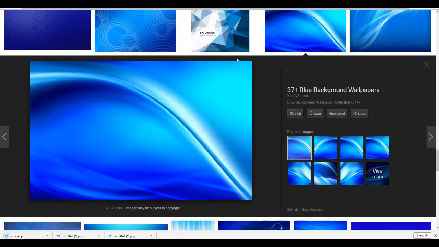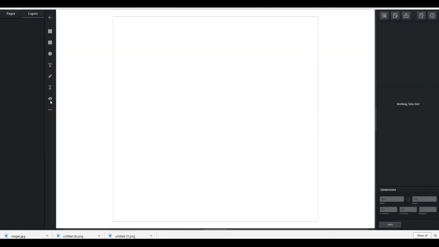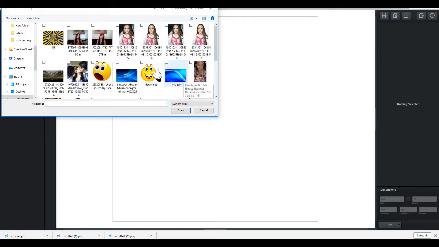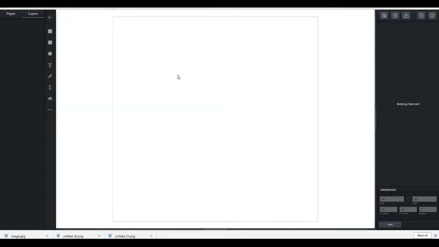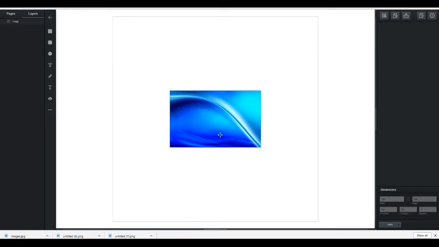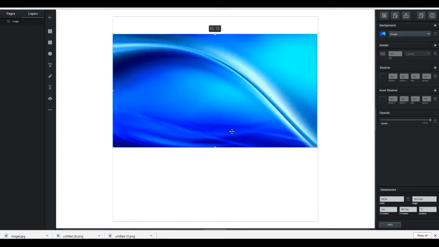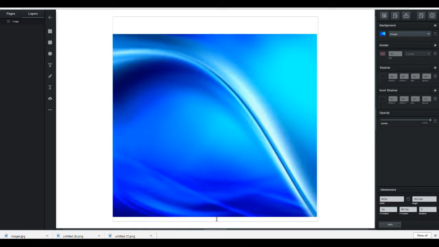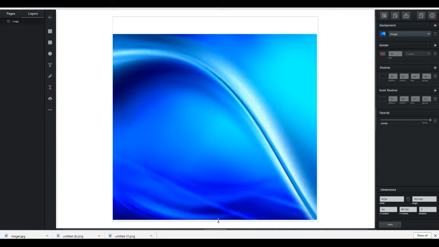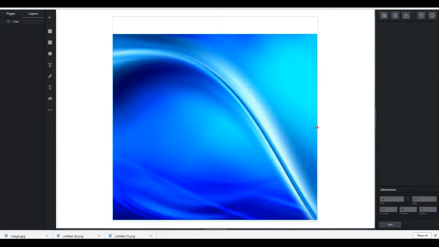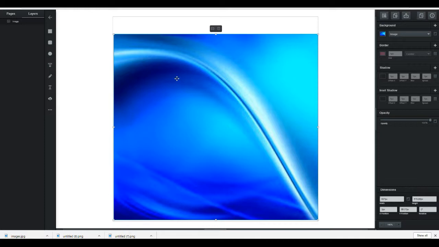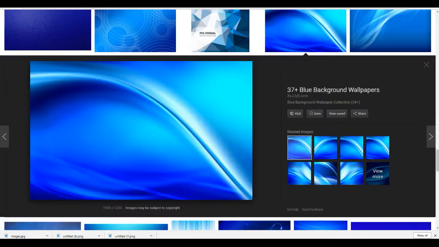Okay, so let's go back and find that on the computer. It's right here. This is what I saved from Google. You can just click that and it will show on this blank page right here. If that's too small, you just go ahead and stretch it out, or find a bigger image where you don't have to stretch and you don't lose the quality of the picture. All right, and then if you want some